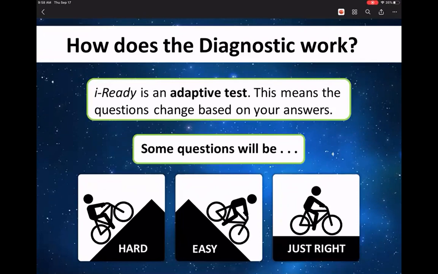The iReady is an adaptive test. That means the questions change based on your answers. So your questions are not all going to be the same. It's going to give you hard questions, easy questions, and questions that are just right, okay? That means that